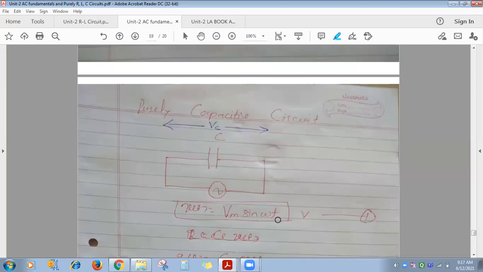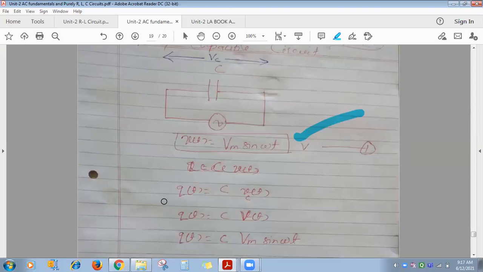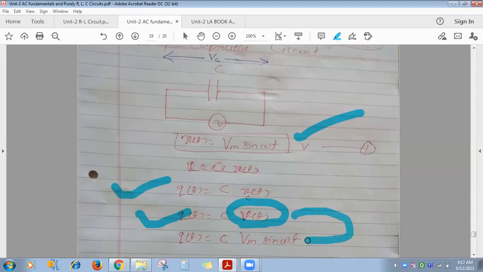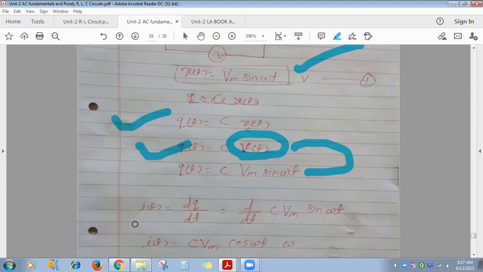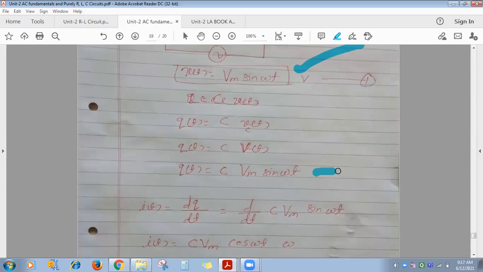So for a capacitive type of load, whenever you connect it across a single phase AC voltage source, v of t is Vm sin of omega t. Here you can write Q is equal to CV. Here V is the supply voltage, because how much voltage is there across the capacitor? The same as that of the supply voltage. So v of t you can put Vm sin of omega t. All of you know, I is what? The rate of change of charge. So put the value of Q in this equation.